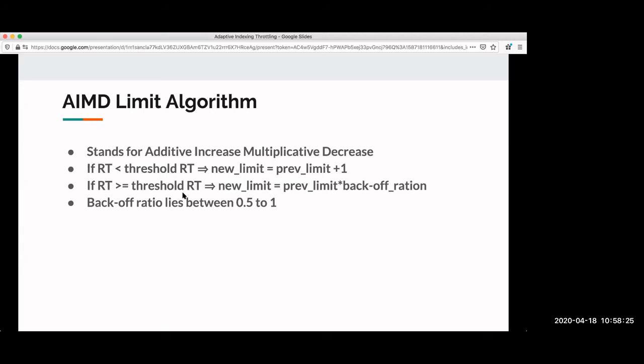So this is how it handles reducing the load, reducing the limit as soon as we cross the threshold. Similarly, if you are under the threshold, it will just keep increasing the limit by 1. So if you notice, it is doing a very aggressive reduction in limit, but when the system becomes stable, it is not increasing the limit by that much. The increase in limit is very gradual, but the decrease is very aggressive. This is to protect the systems, but it also caused us to face some issues.